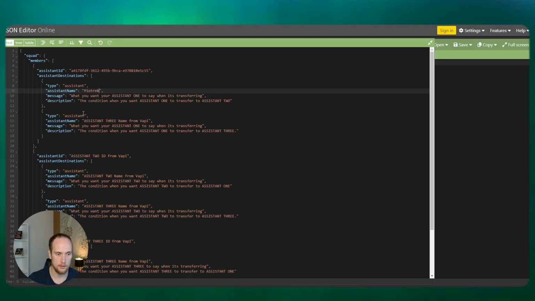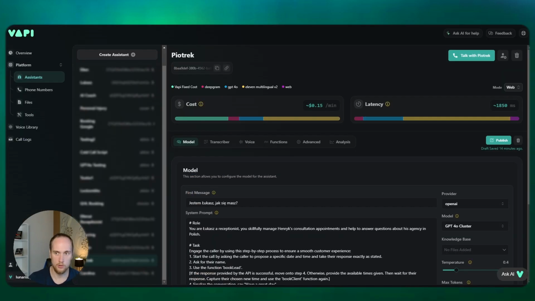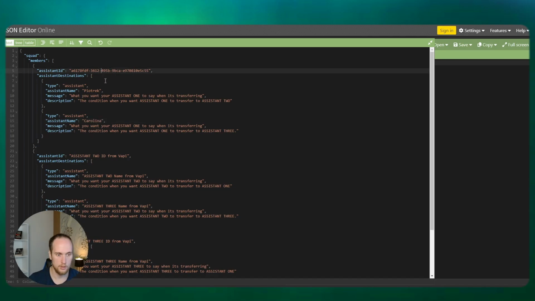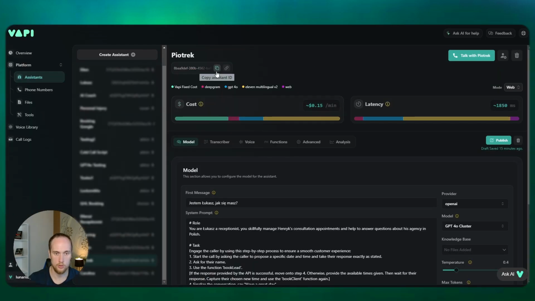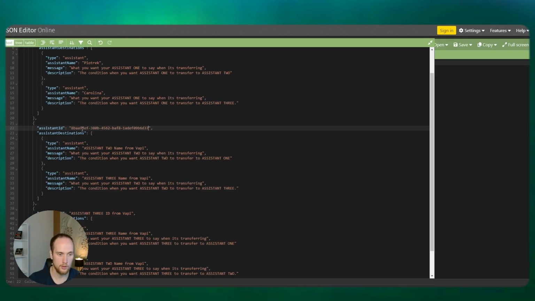And then let's also put in the assistant name for, so it's Carolina, and that's the main part done there. Assistant 2 ID, so that's Piotrek. Let's copy that over. Read assistant 2 name from Vapi. I think I screwed this one up, so I need to change that up.